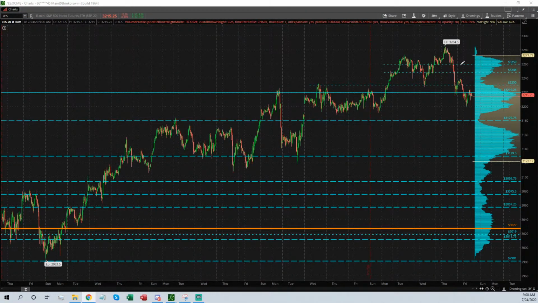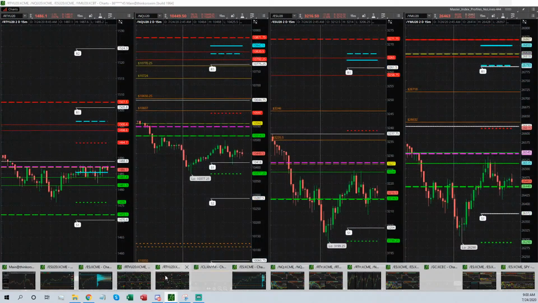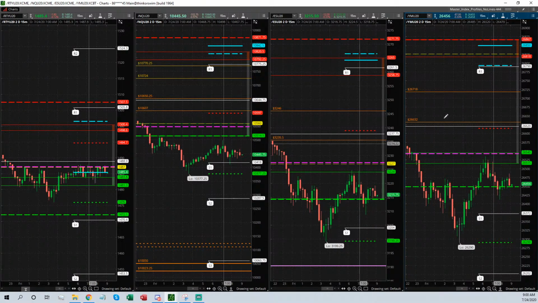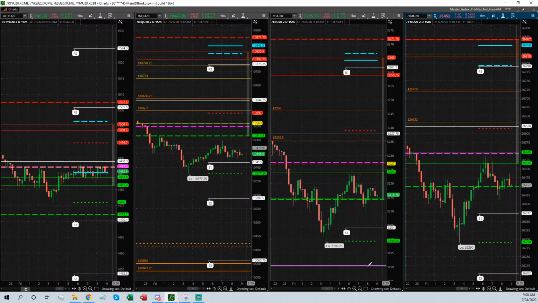Looking at the rest of these, I'm going to run out of time. So let's just look at these indices, and I'll share the overnight value again, but watch these distributions that I pointed out. You want to see if you're staying below it. That's going to confirm. Remember, right around 30.90, 30.89, just keep that in mind.